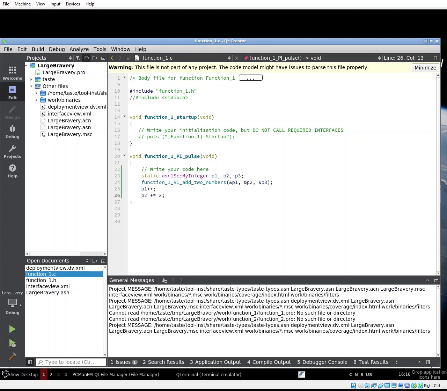Speaking of seeing results, of course, the issue here is that I'm deploying on the Brave Large. So I have a UART, I have a serial output, which I want to dump some information out. And in the port we did for the Brave Large, we also ported a small implementation of the printf function, because remember, we don't have a libc here. We have a small embedded environment. So we have implemented a printf function, which will tell us that inside function P1 PI pulse,